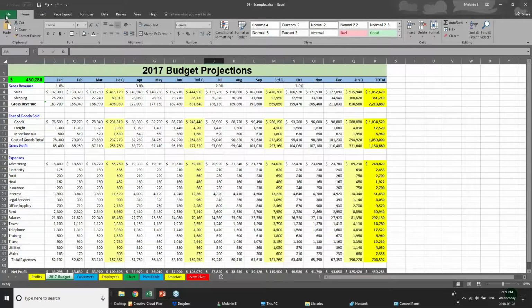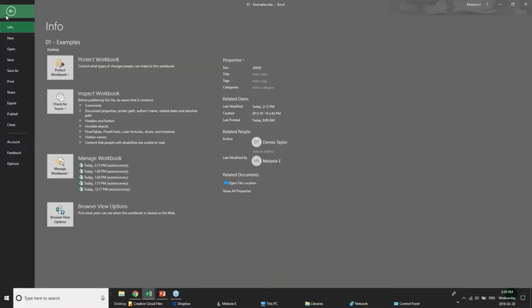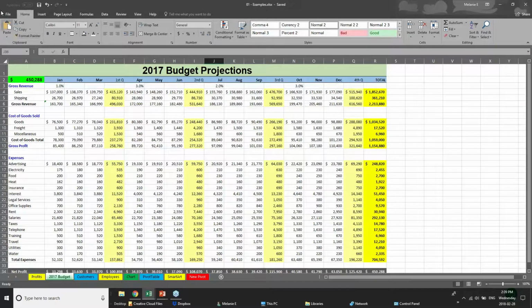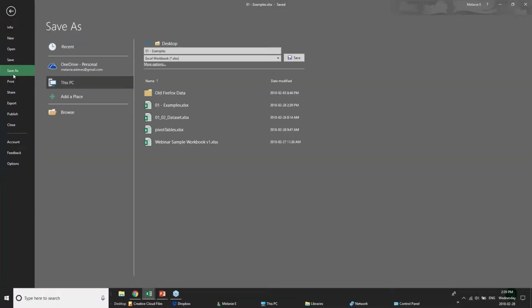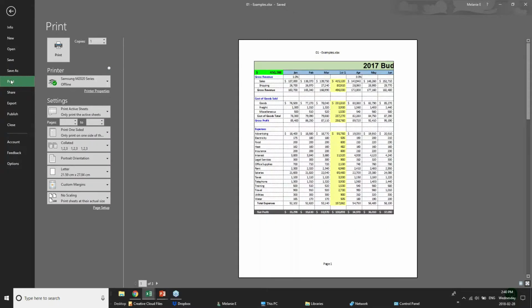So first off, let's talk about saving. I'm going to go here to the File tab, and this takes us to the Backstage view, which is very similar to all other Microsoft products. I'm going to go here to the Save option, which, it's already saved, but I'm going to go here to Save As. Similar to other Microsoft Office products, I can decide on the name, where it goes. I can decide whether I save it on the cloud or on this particular PC. But in this case, I'm also going to just go here to print. So in the print option here, you'll see that